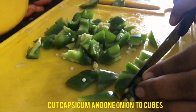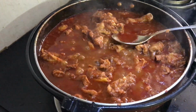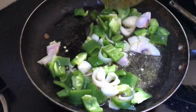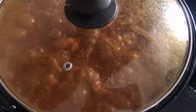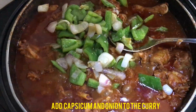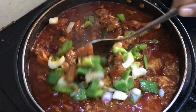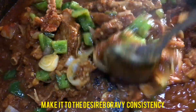Cut some capsicum and onion to cubes. Roast it in another pan by adding some oil, around 1 tablespoon. Add the capsicum and onion to the curry and you can make it to your desired consistency, like the gravy which you